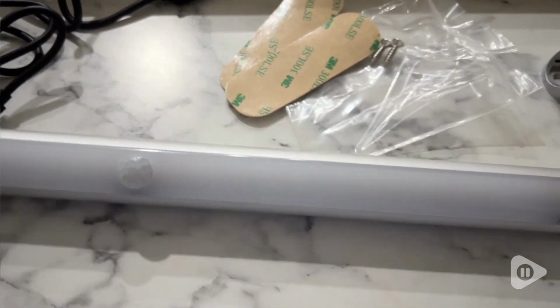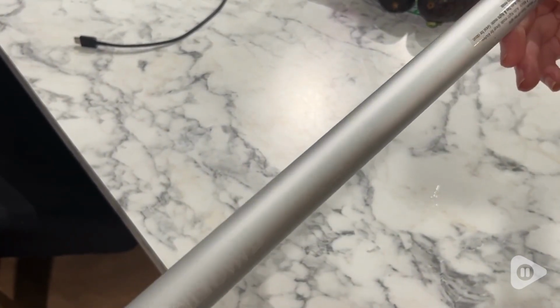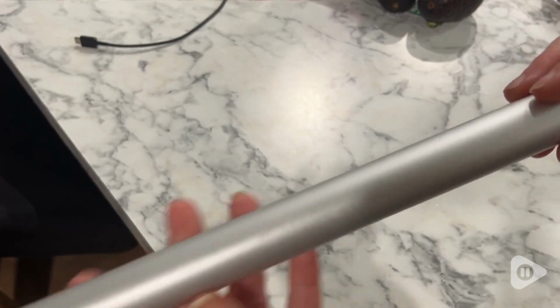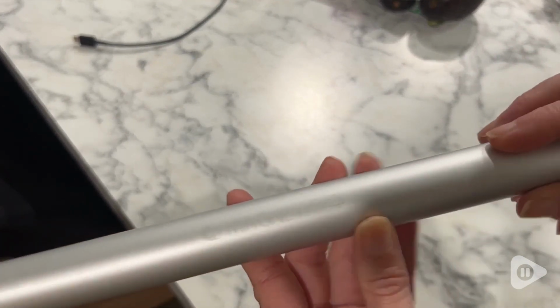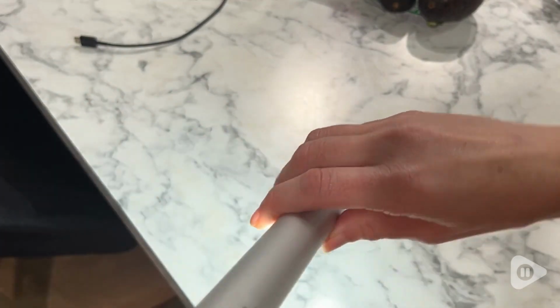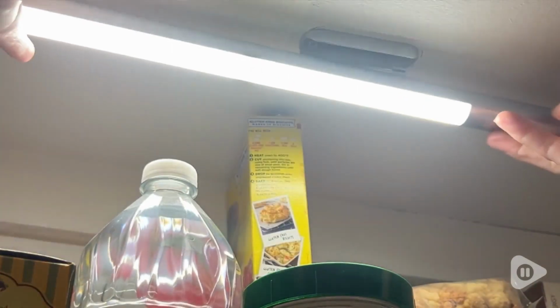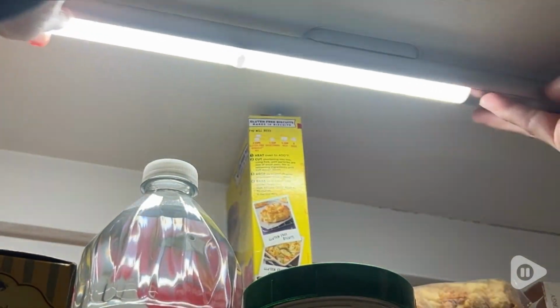So you won't have to worry about ever fumbling in the dark, whether it be in a cabinet or in a closet. I really love that this light is lightweight and it's so easy to pull down if you need to charge it, and the sensor works super awesome. Whenever you go into this closet that we installed it in, it comes on so quickly and it knows that